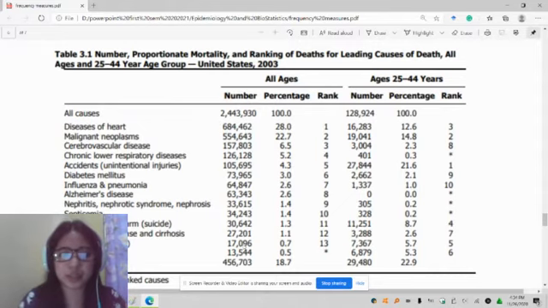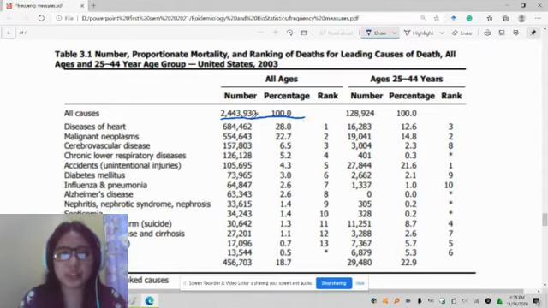If you add all other HIV disease, assault, chronic liver disease and cirrhosis, and all other causes here, it will add up to 2,443,930. So this is the total, which of course is